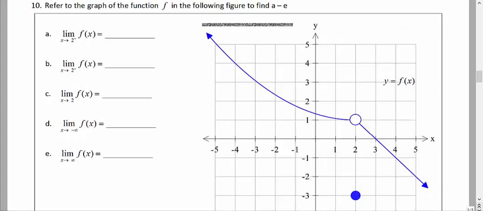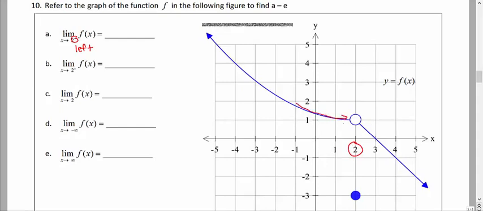For number 10, we're looking to find left and right limits and double-sided limits of this particular function f. The first part, part A, is asking us to find the limit as x approaches positive 2, and there's a little negative sign to the top right, and that means that we are looking for the left approach. So let's find our target x value of positive 2 on the graph, and let's approach that value